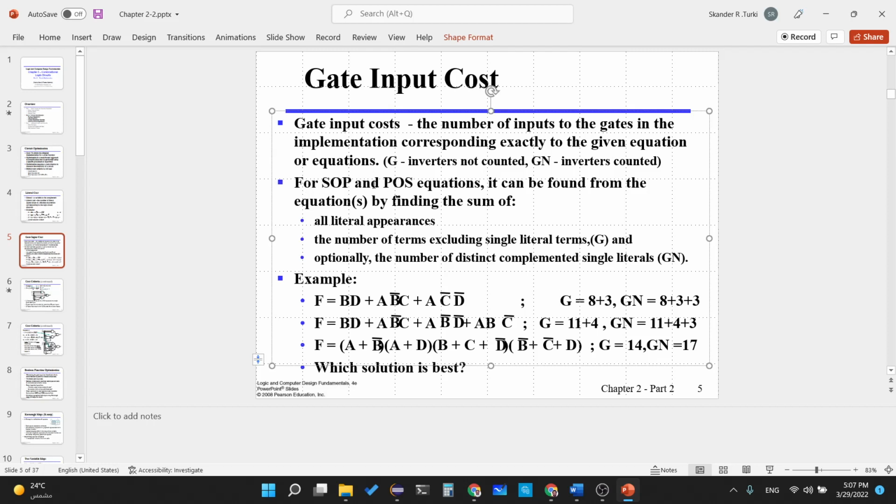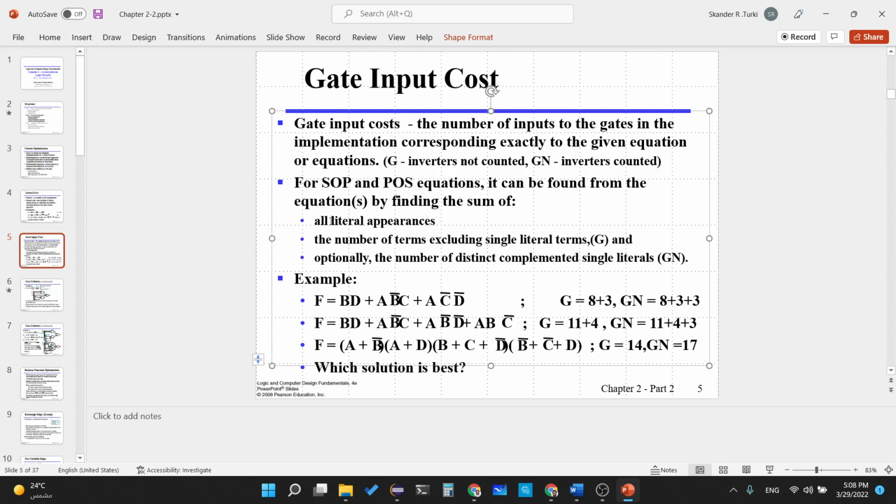For SOP and POS equations, it can be found from the equation by finding the sum of these. So you see in the definition, you need the SOP or the POS equation. If you have something that is mixed, you cannot compute G, okay? You need either this